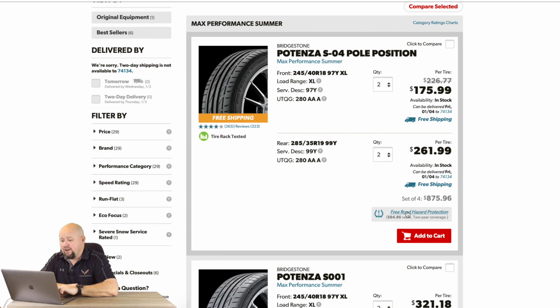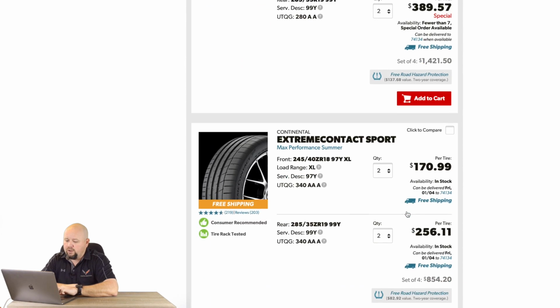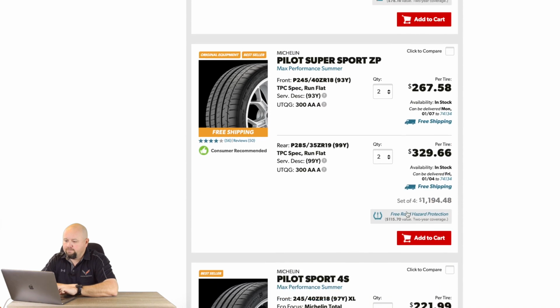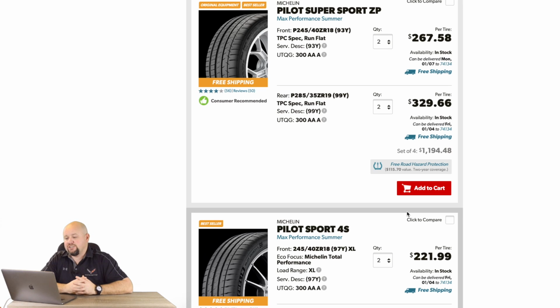And so you're going to see a lot of variations in price. Now I will say this, I'm going to start right here with what comes on them, and that is going to be these right here. This is the original equipment, the Michelin Pilot Super Sport ZPs. Now, for me personally, I'm all about the ZPs, and that just simply means that they're a run flat,